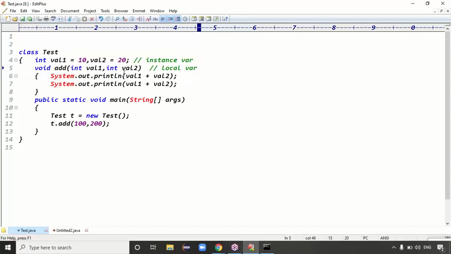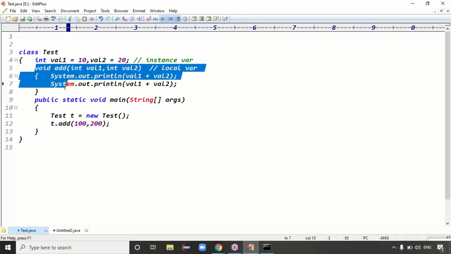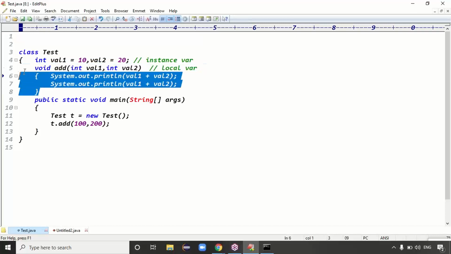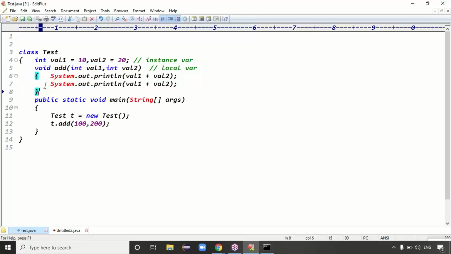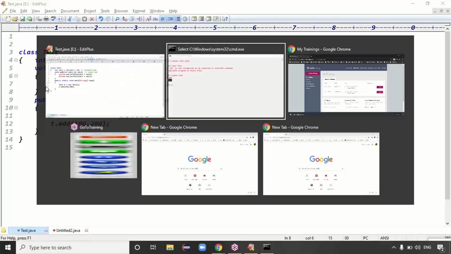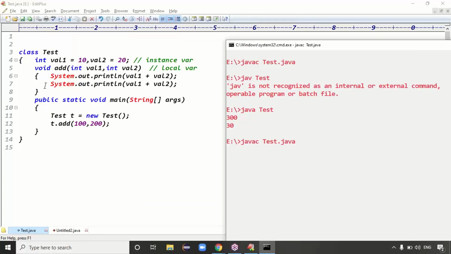Local variable. Priority always goes to local data basically. If the priority goes to local data, then what's the output now? Local 300, 300. 300 and 300 is the output, right? Exactly. Then the code is compiled fine.